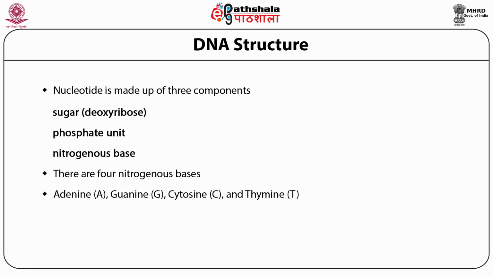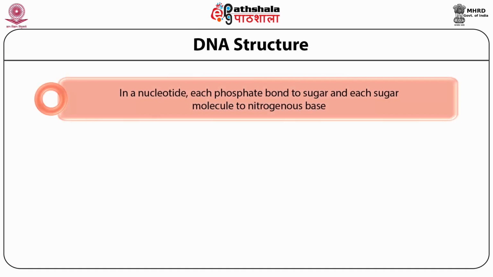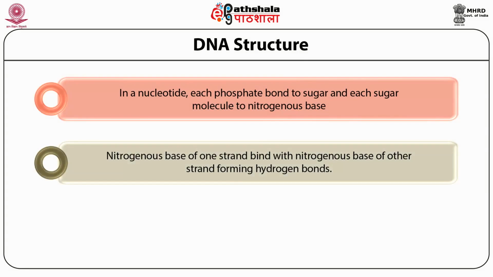Based on these four different nitrogenous bases, there are four nucleotides, which can be represented by the initial letter of each base, that is capital A, capital G, capital C and capital T. In a nucleotide, each phosphate is bound to a sugar molecule and each sugar molecule is bonded with a nitrogenous base. The nitrogenous base of a strand forms hydrogen bonds with the nitrogenous base of the complementary strand, thereby resulting in the double-stranded DNA